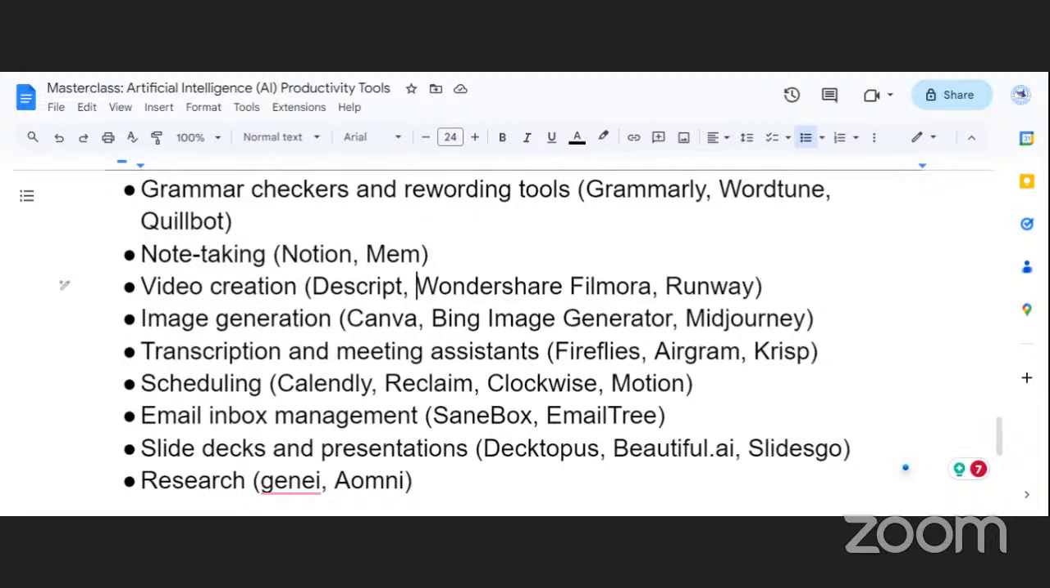And then we have Wondershare Filmora. This is advanced and used for video editing. And then we also have Runway. It's also used for video editing. Most of you here, I can see, are not very technical with video editing, so this wouldn't be ideal for you. Another one that you can use